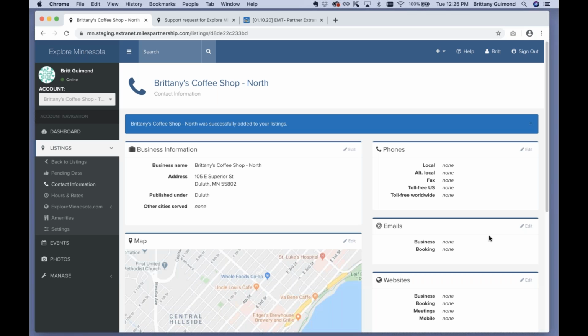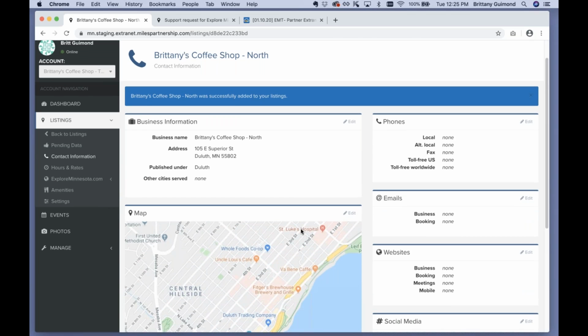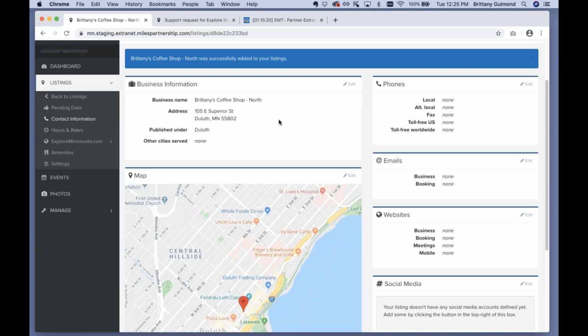Once I click Create, you will see the same screen that existing listing owners can see when they go to edit their listing. So you'll see that there are several more pieces of information that need to be collected now that I have created my listing. To see all of these options, including your photos and your videos, you're going to use the left-hand navigation over here. We're going to start with this dashboard for contact information, and then we'll move down the screen and go